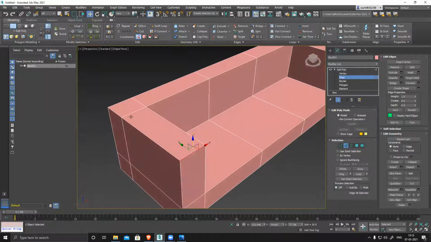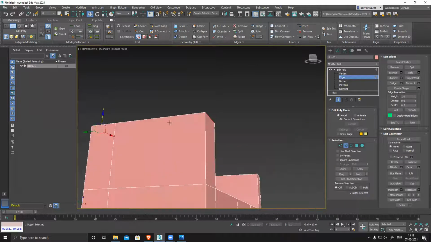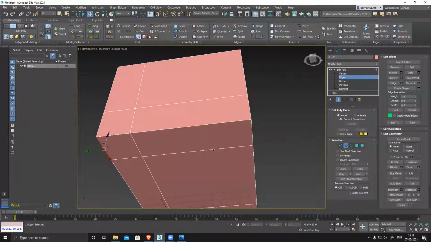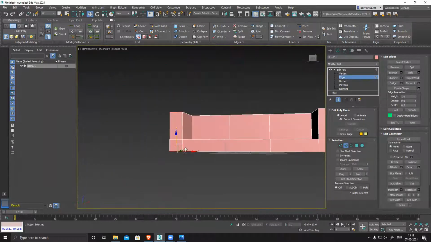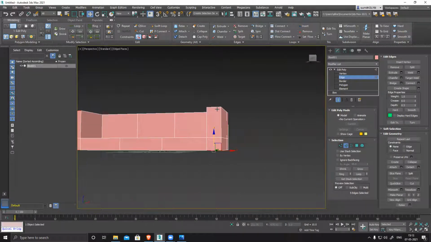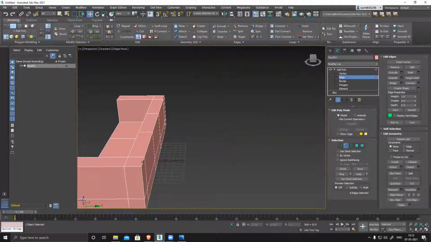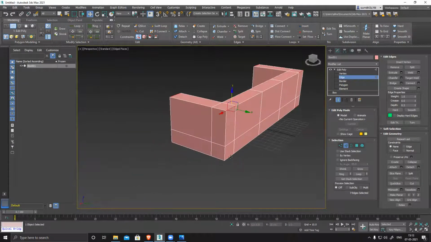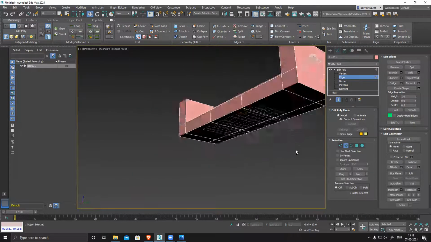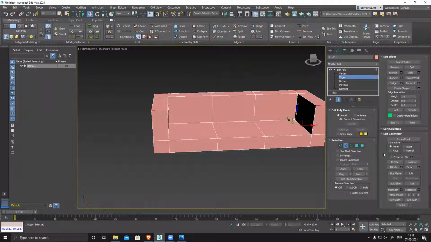Select this one, this one, and this one. All four, both the sides. If I want, I can work on only one side and then symmetry it. I can do that also. So select both the edges and now go to chamfer.